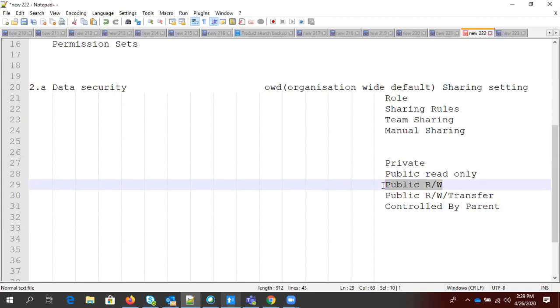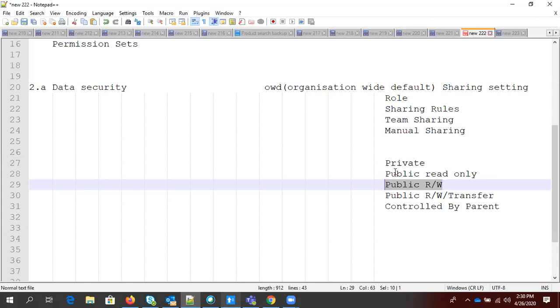Can anyone tell me the meaning of public read write? It means all users have read and write access. You can read everyone's record and edit everyone's record. It means there is no restriction available.